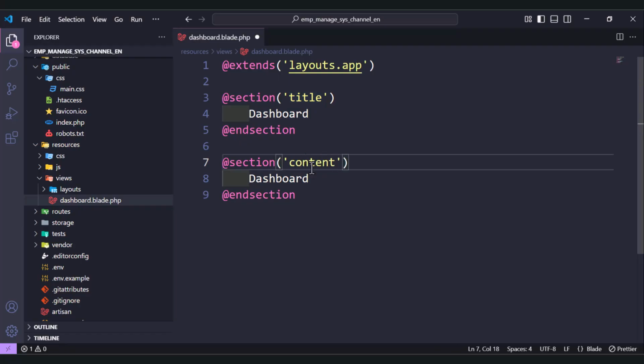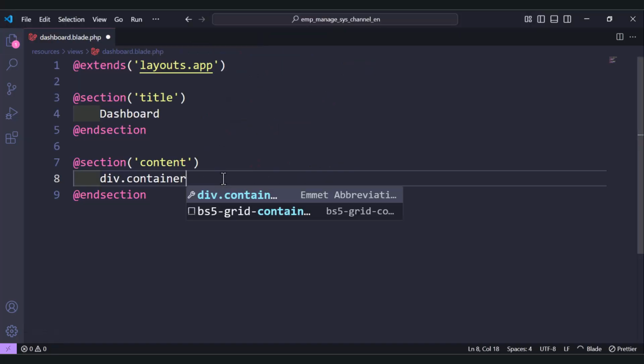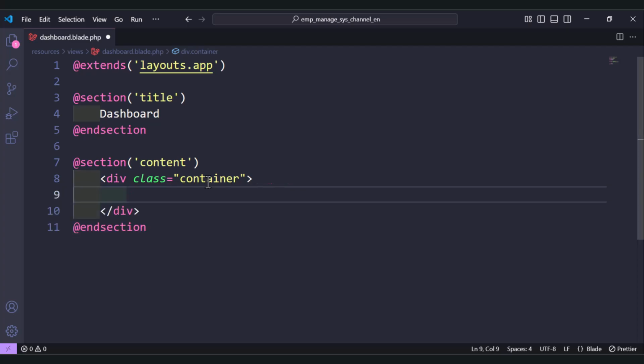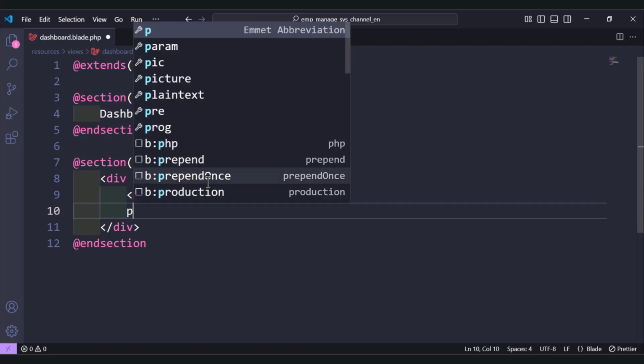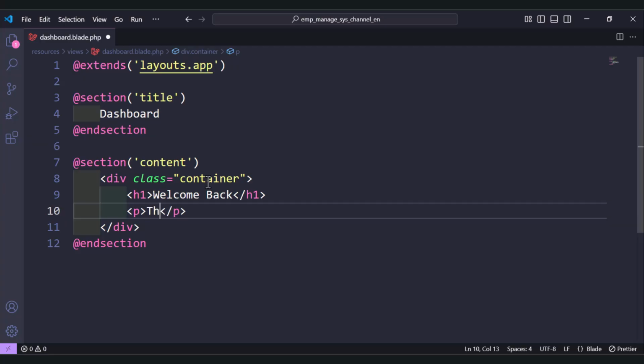This one will be for the content, and let's add here a div with a container, and inside let's add also an h1 with just welcome back, and we need also another paragraph. Let's add just this is the